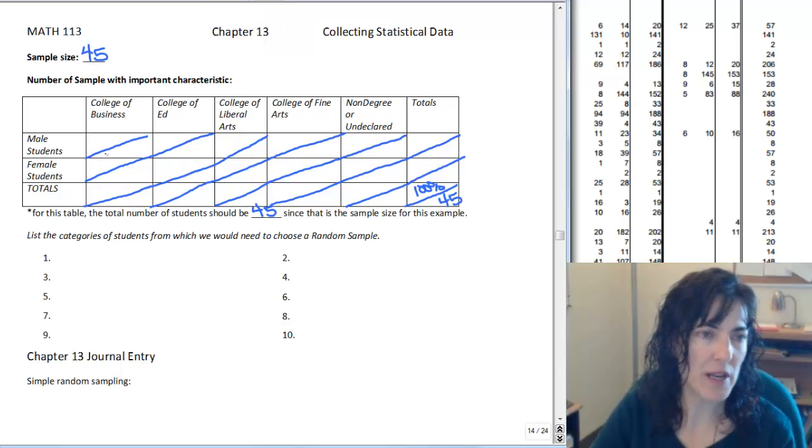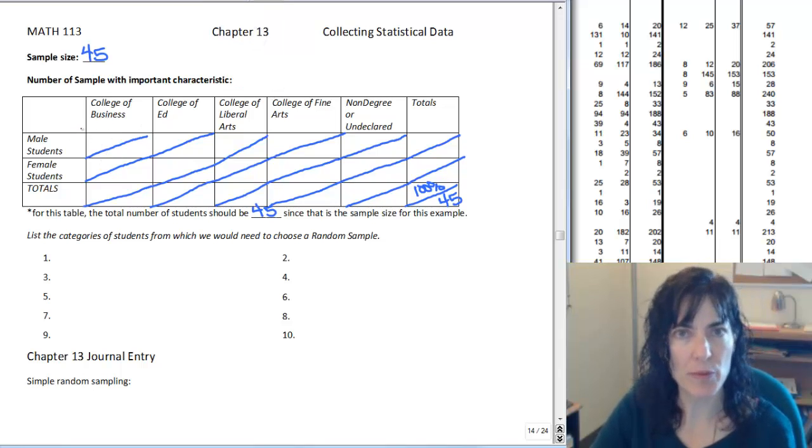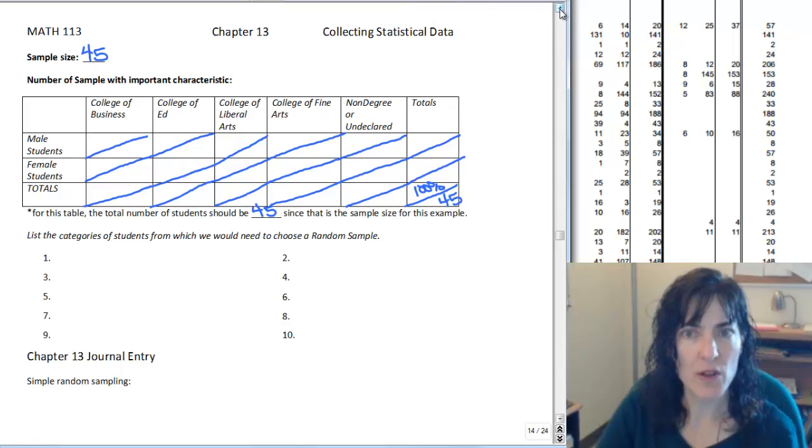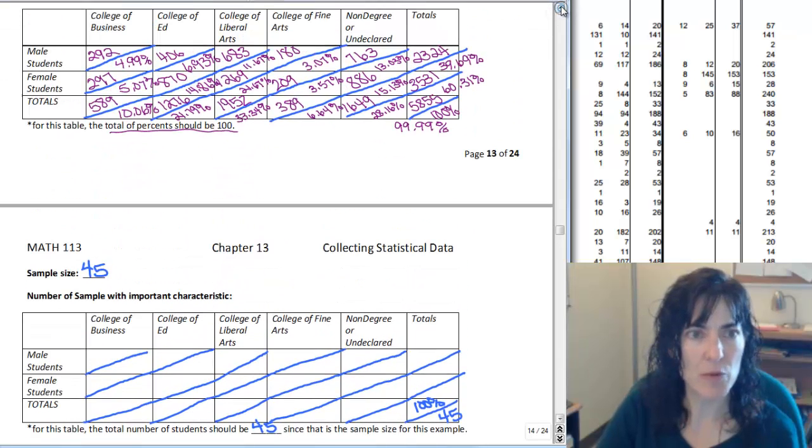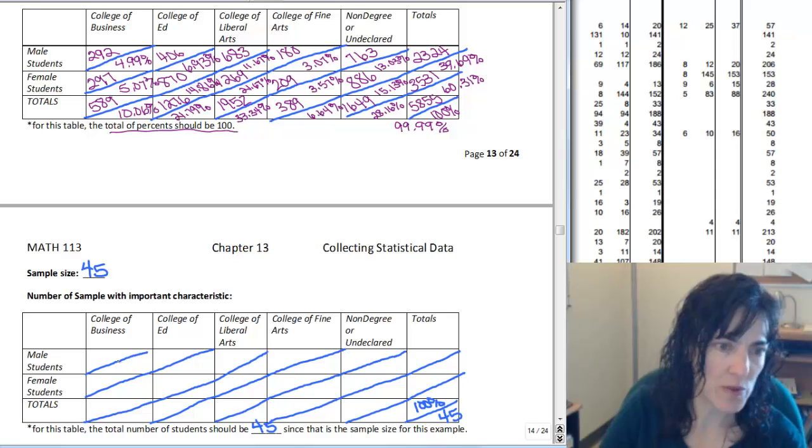So now I'm just going to write in those percentages I came up with from my last table, just so that I have them on this table as well. And so it was 4.99%, 5.07, 10.06,